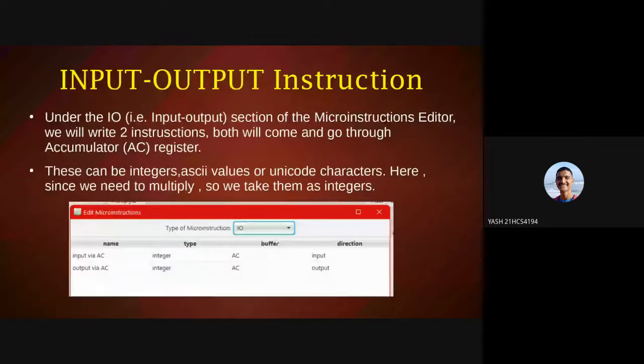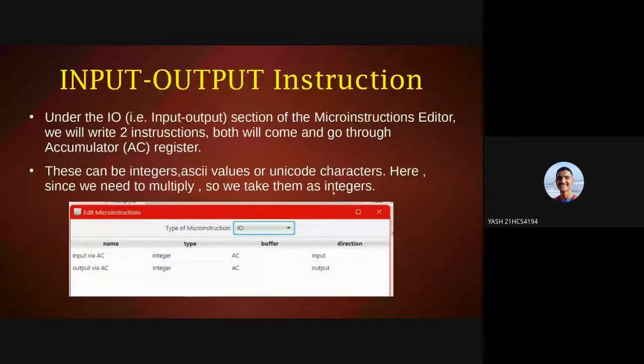Next are input output instructions. We are using the accumulator register to take input from the console and also to give output at the end. So two input output commands will be given. First for input. Here it can be given as ASCII values, Unicode characters, or integers. But since it is a multiply program, we take them as integers.